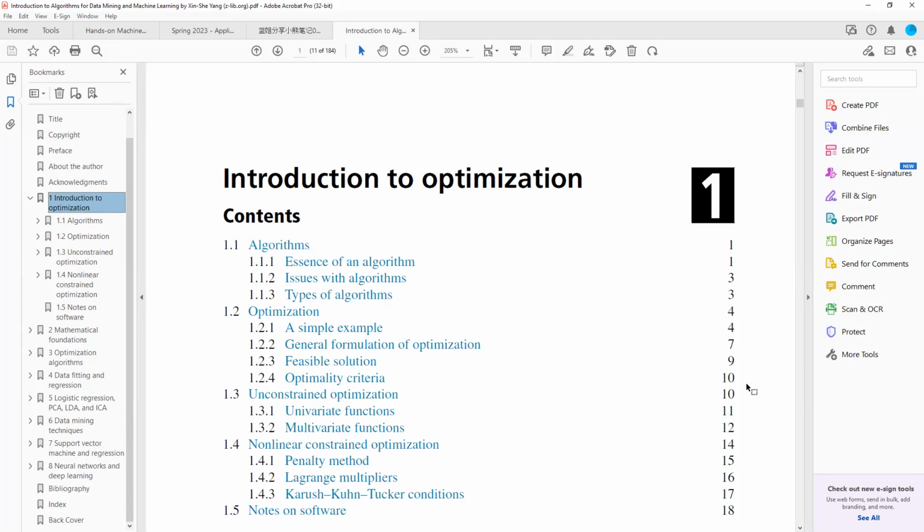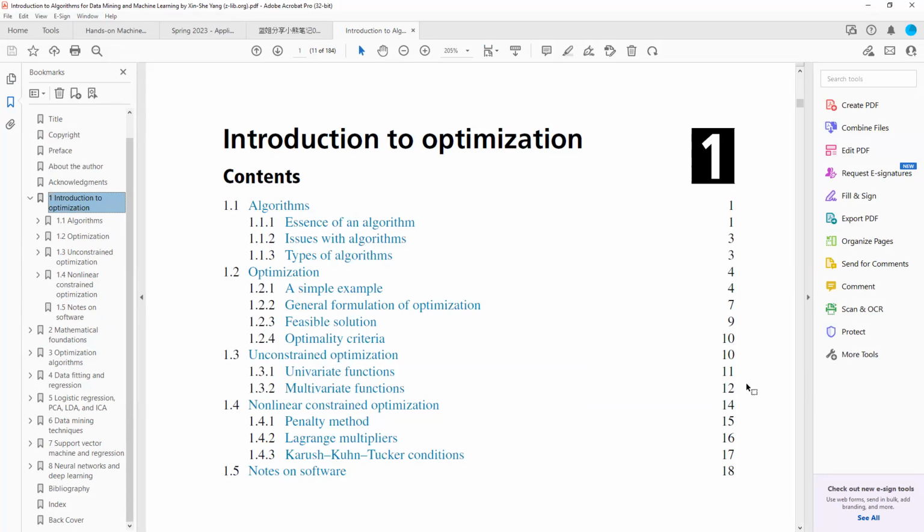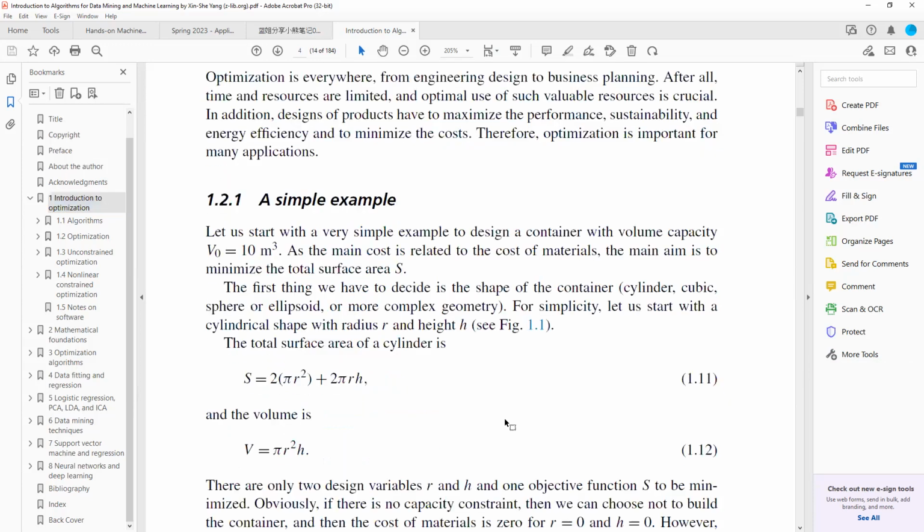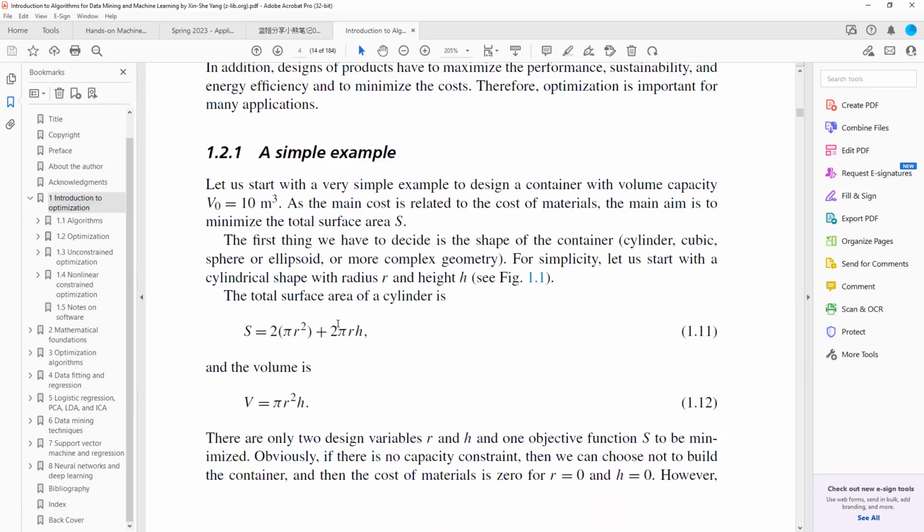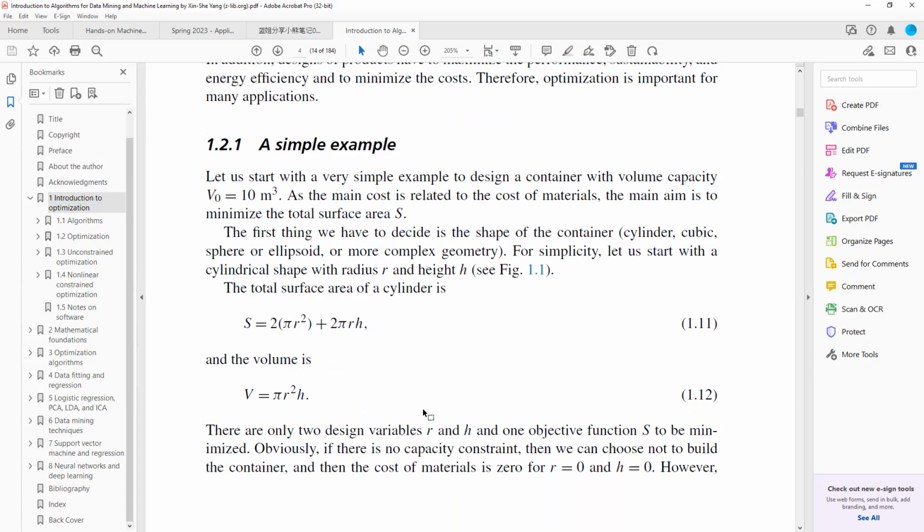So in here, one thing I want you to be aware of is, in terms of optimization, the textbook has some simple explanations, such as something as simple as this, right? So as simple as this, and then